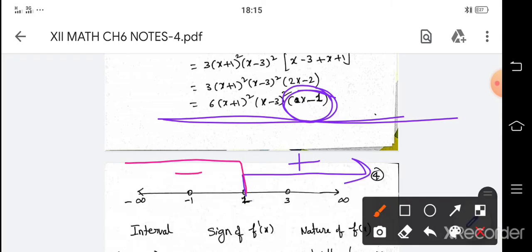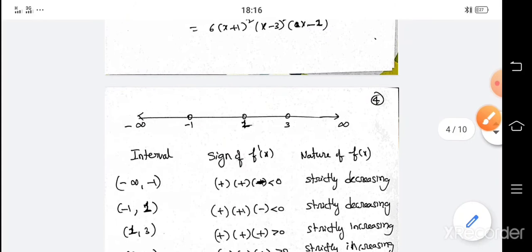So very important. When it is strictly increasing, strictly decreasing, I should not take this minus 1 and 3 also. That is the reason the intervals were divided. Minus infinity to minus 1 and minus 1 to 1, they are strictly decreasing, and 1 to 3 like that. Okay, fine. See, look, intervals are like this.